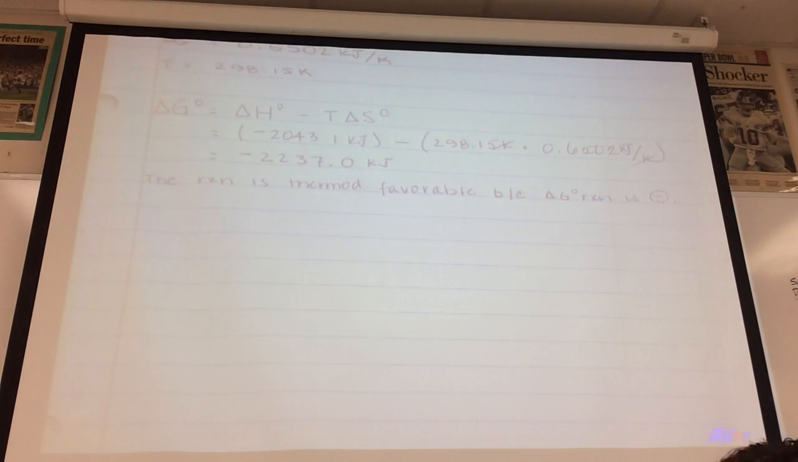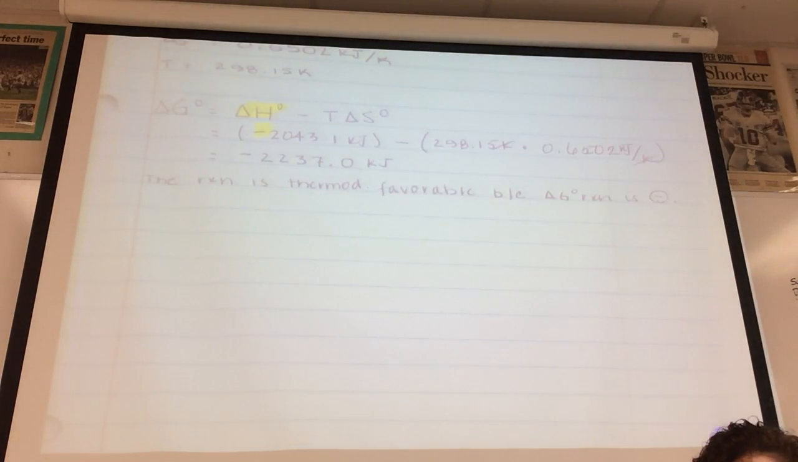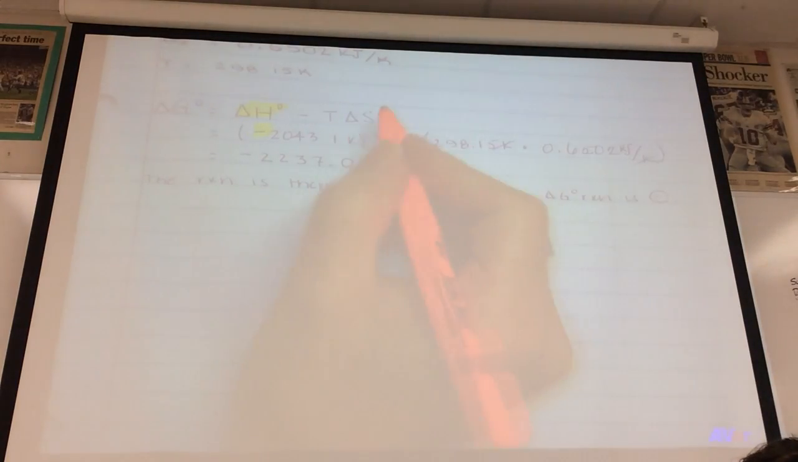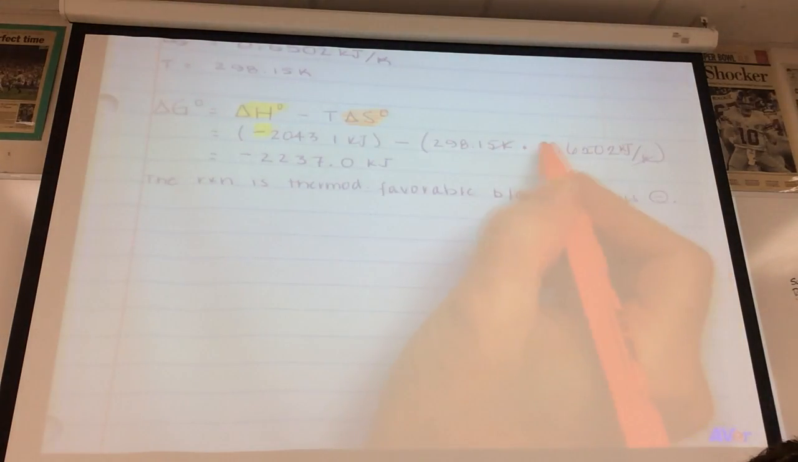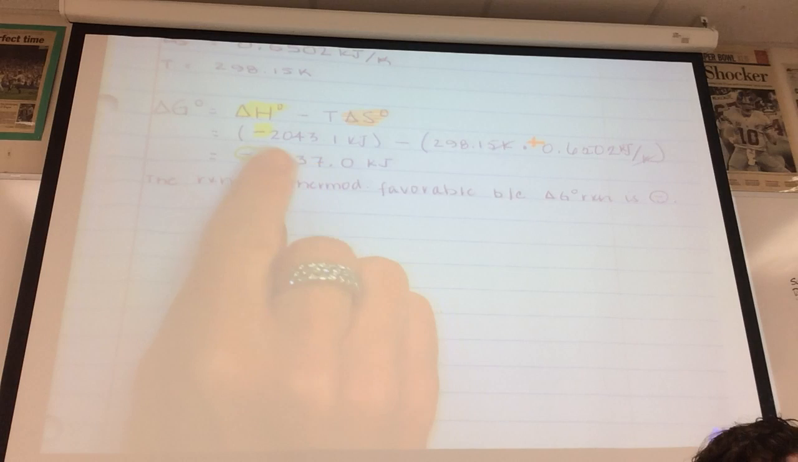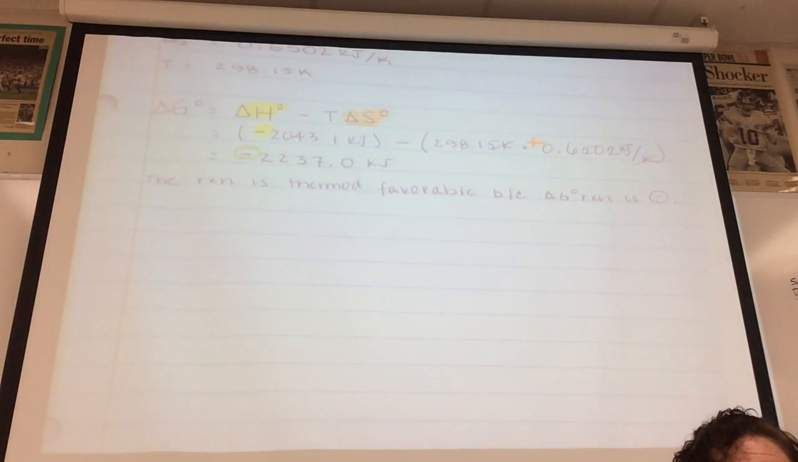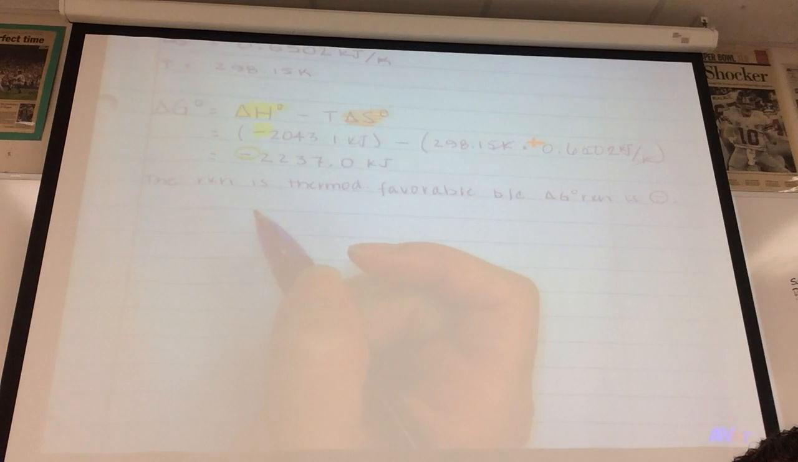You will see here that this exothermic reaction that favored disorder resulted in a thermodynamically favorable reaction. Any reaction that is both exothermic and illustrates disorder will always be thermodynamically favorable. For example,